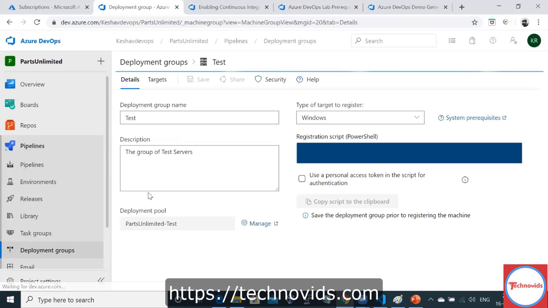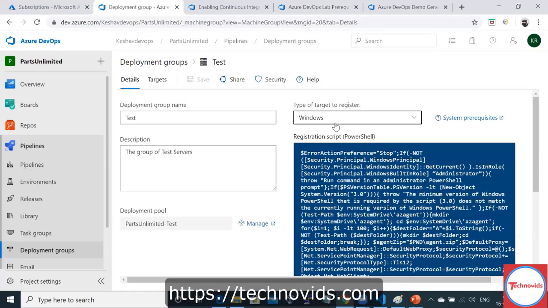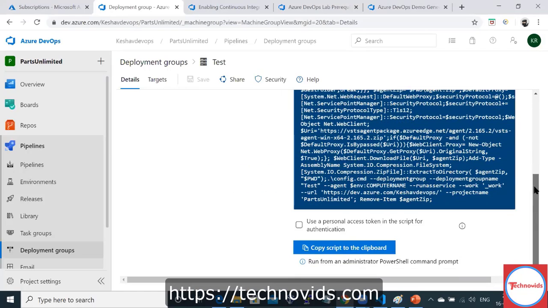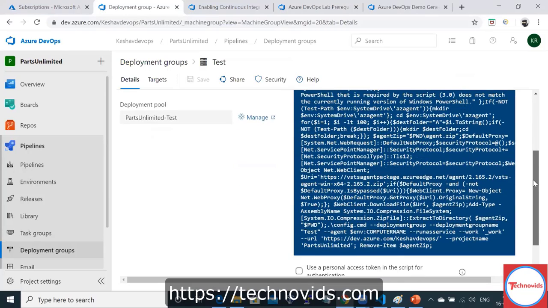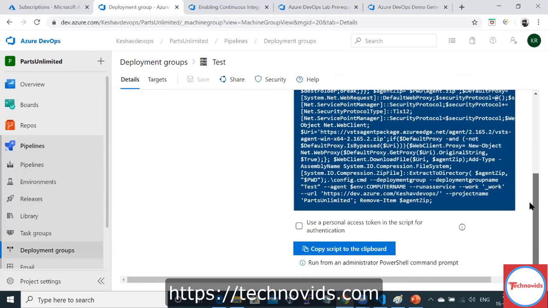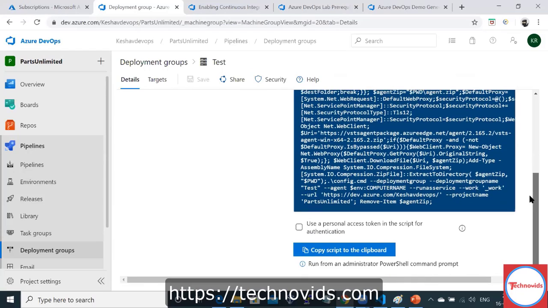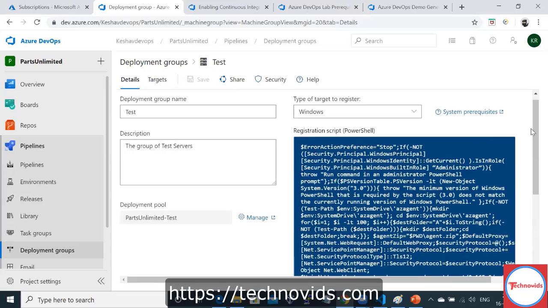If I create it, whichever servers will be within this particular group, I have to go there and run the script in PowerShell so that I can make them join my agent pool. This is the agent pool that I have to create.